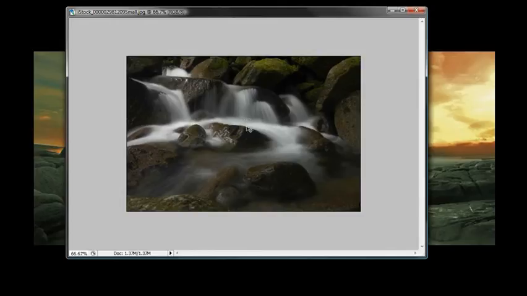slow shutters. Now, a lot of you have probably seen this type of effect done before, and it's been around for ages, where you set the camera up on a tripod and you adjust the options on the camera so it will take the shot and keep the shutter open for a long period of time, anywhere from 1 to 25 seconds, it just depends on what type of camera you have. And so after you take the shot, sometimes you can end up with an image that looks something very similar